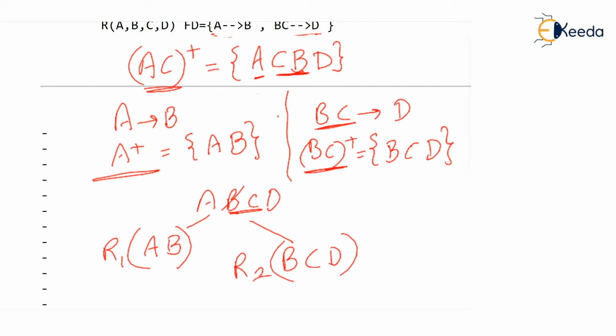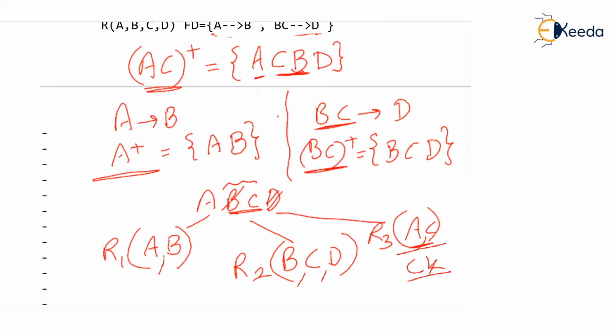I hope you are understanding, isn't it? C and D are taken away. D is taken away by BC. BC together takes away D. And now the attributes remaining, A and C, will be in the final table R3. Oh, good lord, but AC was the candidate key of the original table, isn't it? And we keep this candidate key; we keep two columns in R3. There will be two attributes, A and C, in R3. There will be three attributes in R2, BCD, and there will be two attributes in R1.